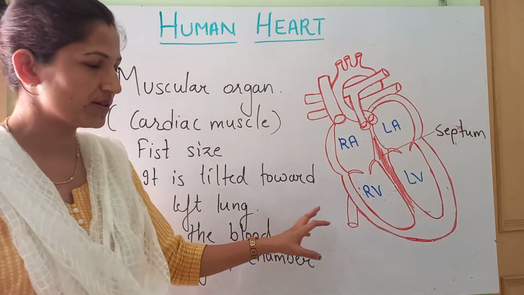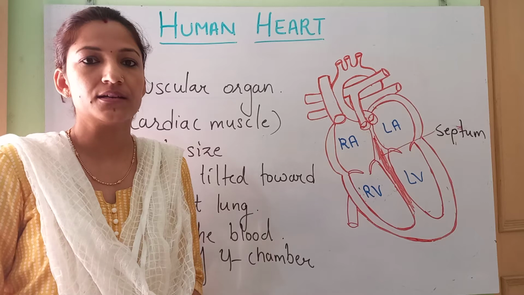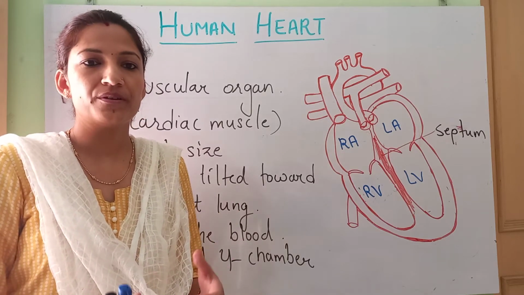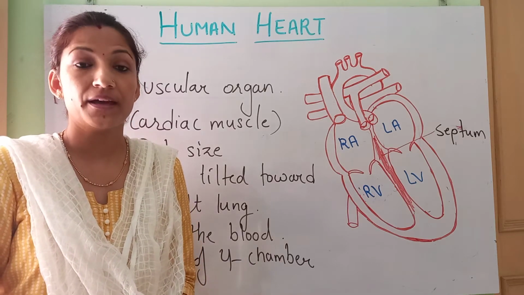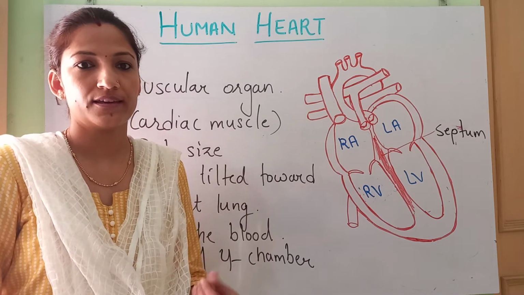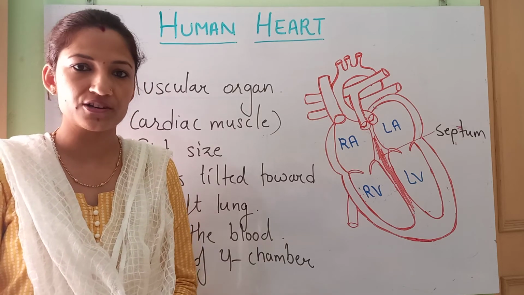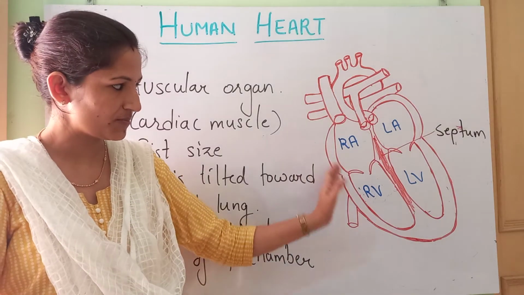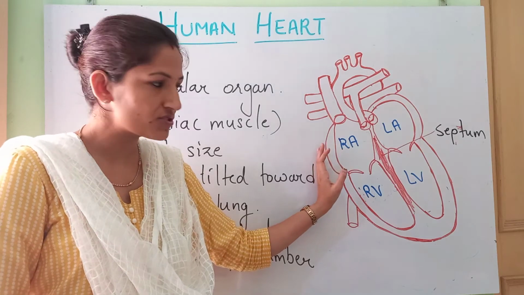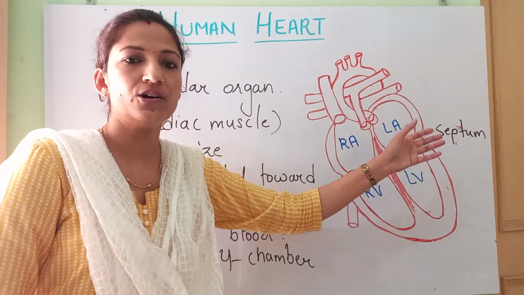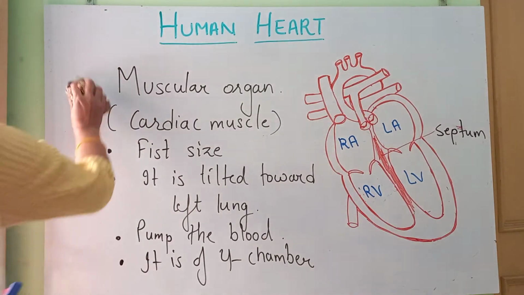What is the significance of a 4 chamber heart in humans? The main significance is to prevent the mixing of oxygenated and deoxygenated blood, and that results in more efficiency. There will be a more pure blood supply to the parts of the body. So the separation is done in these 4 chambers. This part carries deoxygenated blood, and this part of the heart carries oxygenated blood. Now let's label the parts.